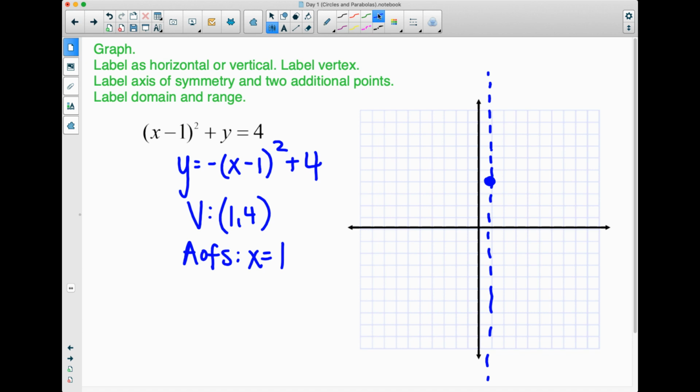And remember when we were trying to find an additional point, we looked to the left and right of the axis of symmetry, and we chose one of those points. Again, I like to plug in 0 as much as possible. So if I plug in 0,